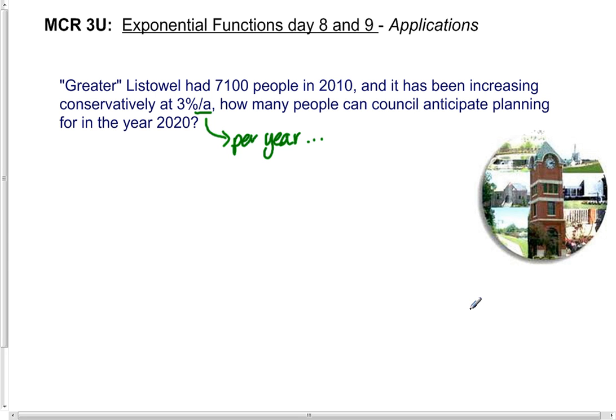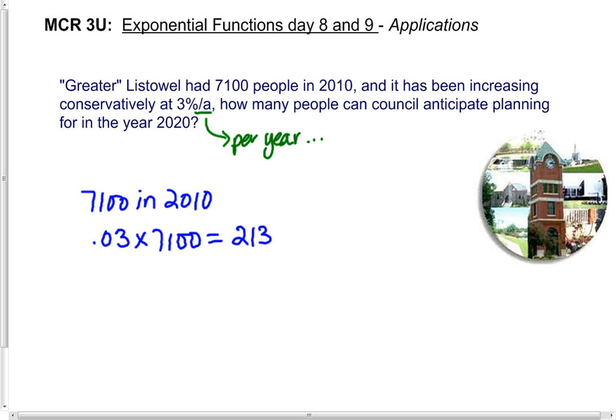So if we have 7,100 people in 2010, and we increase by 3%. Let's figure out how many there are in 2011. So 3% as a decimal. That would tell me 3% of 7,100, which is 213 people. Oops, 2011. So then in 2011, we would have